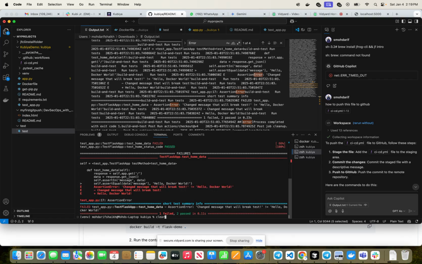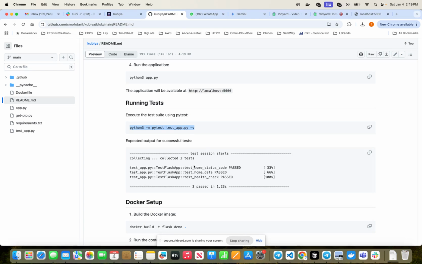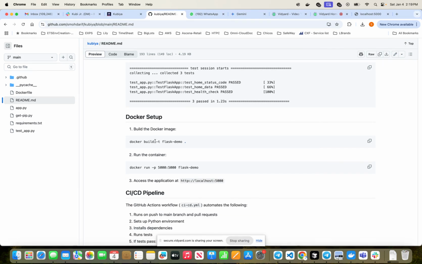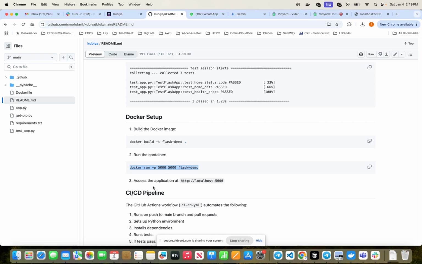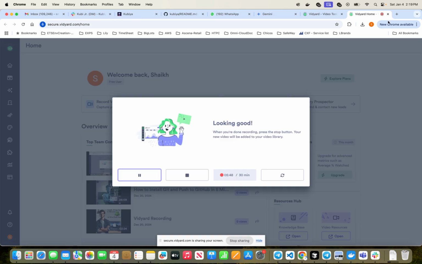Okay, now let's go on the Docker side. I've already built a Docker image, and let me run this Docker image again. So I'm running a Docker image here, and my Docker image is running. Now I'm trying to access the application from my